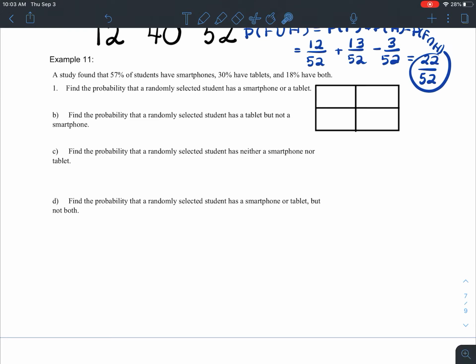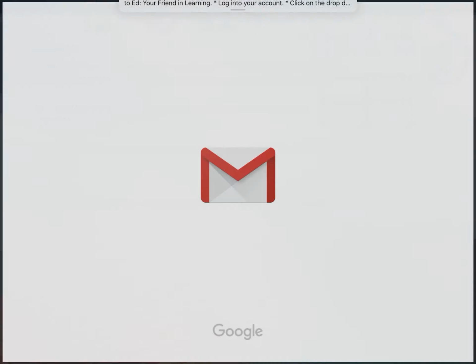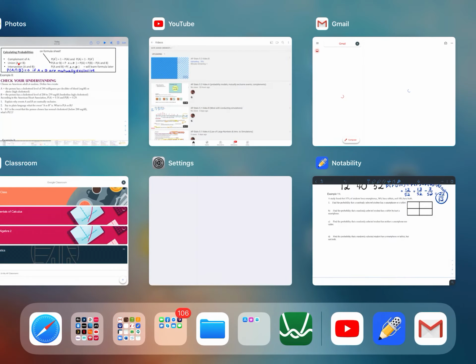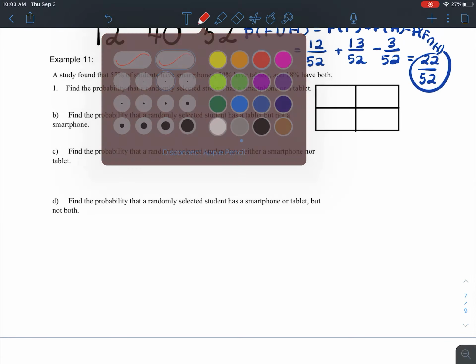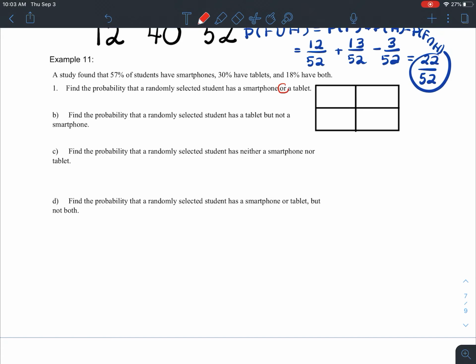Okay, we are going to wrap up this section on 5.2 here, talking about probability, two-way tables, Venn diagrams. It says here that a study found that 57% of students have smartphones, 30% have tablets, and 18% have both. Number one, it says find the probability that a randomly selected student has a smartphone,